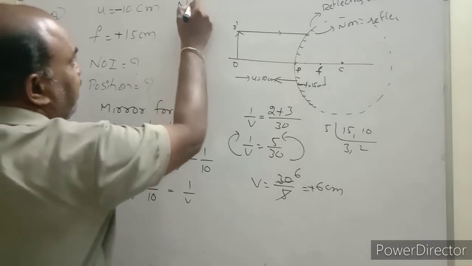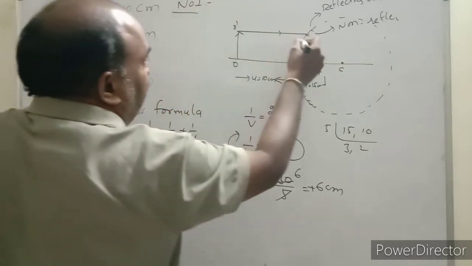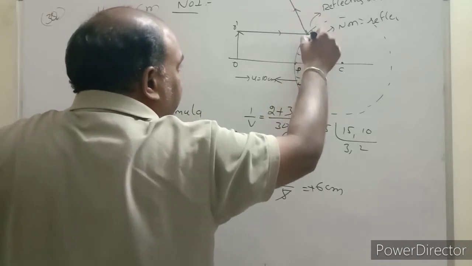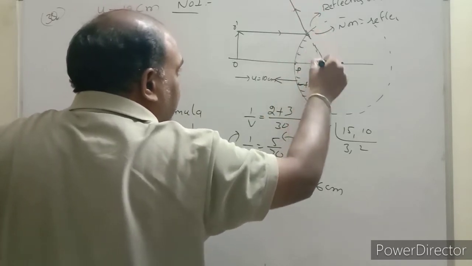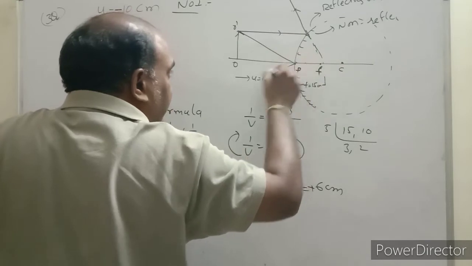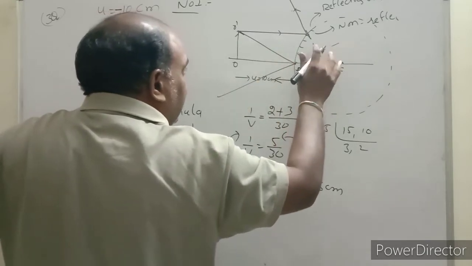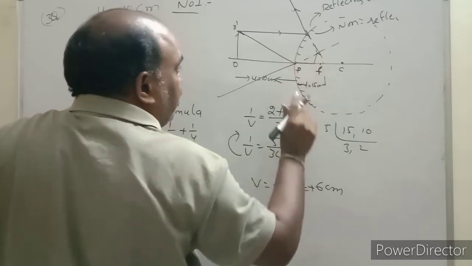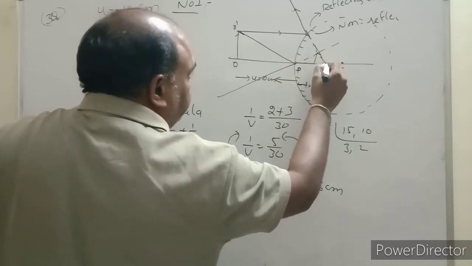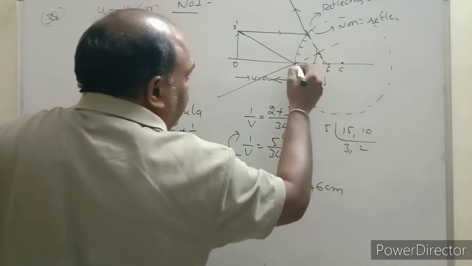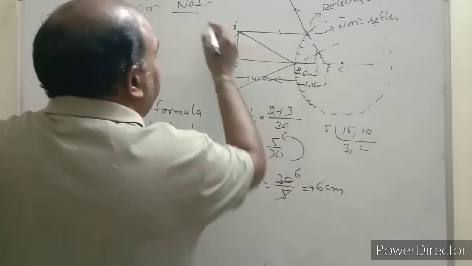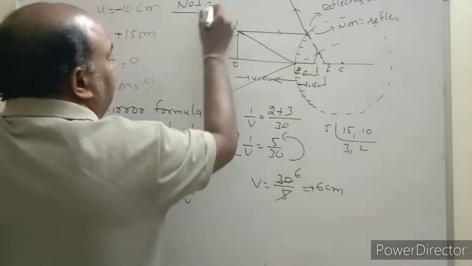What is the nature of the image? We will see. It is a diverging mirror, so the rays diverge and seem to meet at 6 centimeter. One more incident ray diverges and seems to meet like this. Now the image forms here, that means 6 centimeter from the pole. It may be somewhat clumsy. It is 6 centimeter from the pole. What type of image? It is virtual, erect,